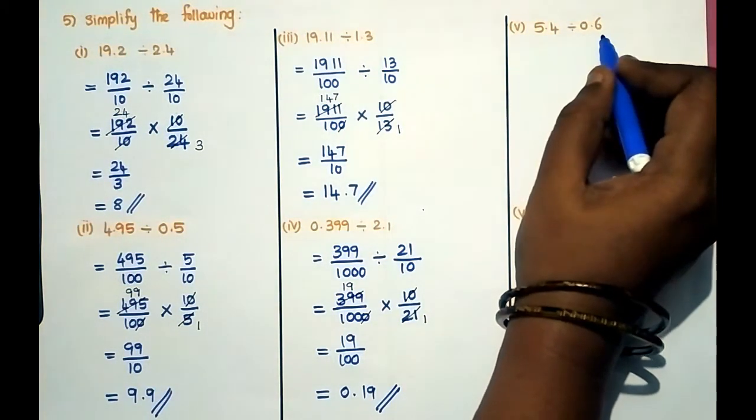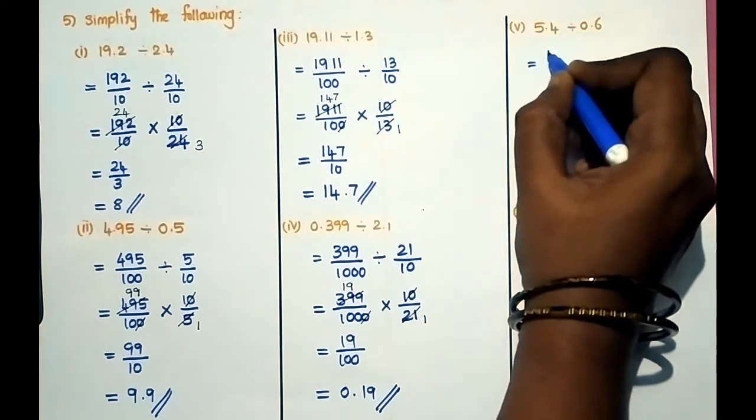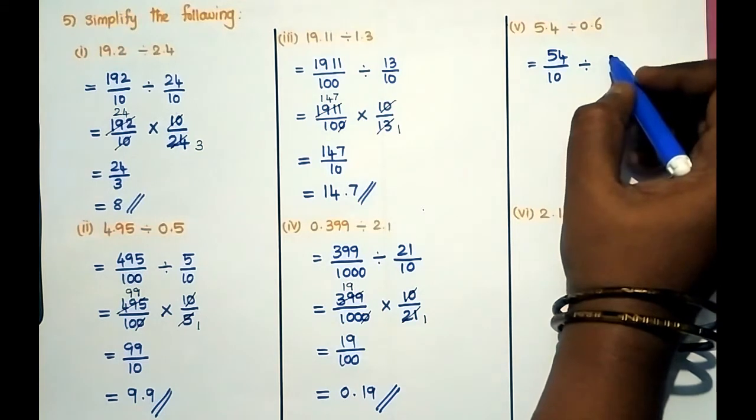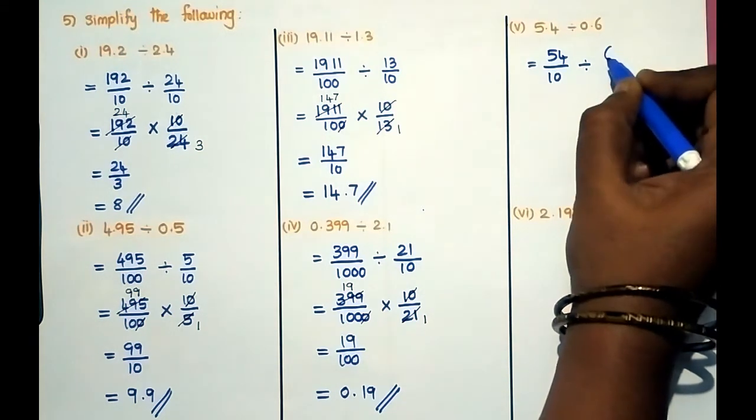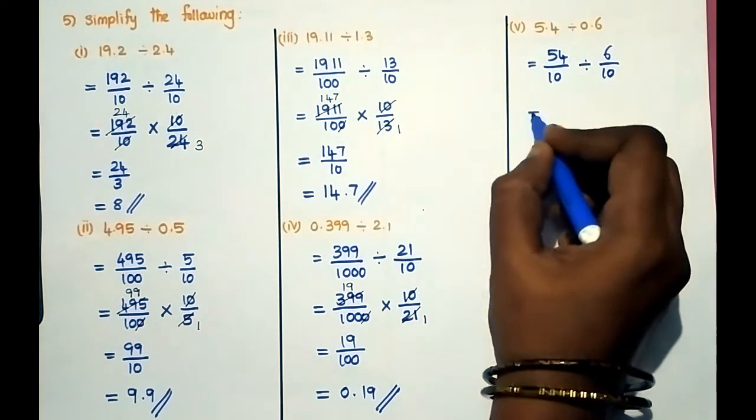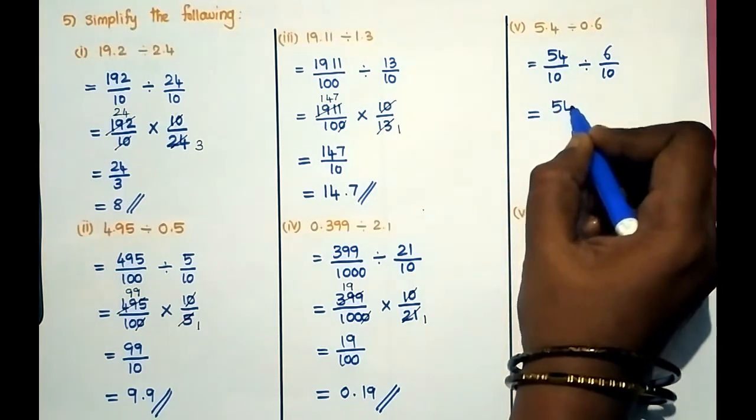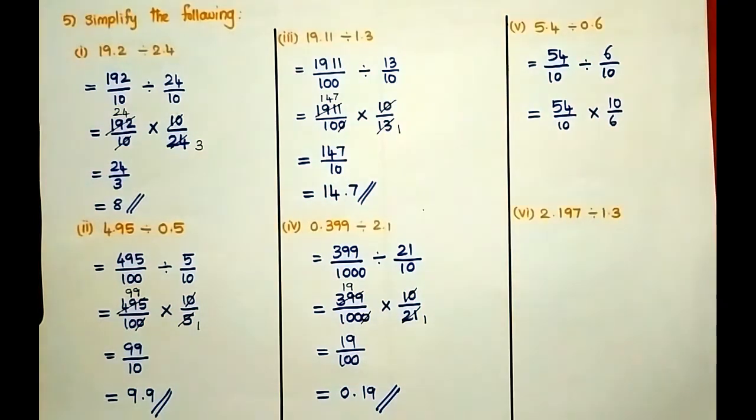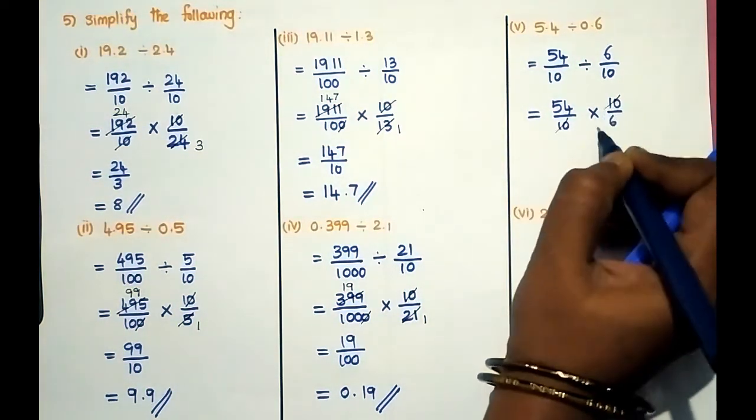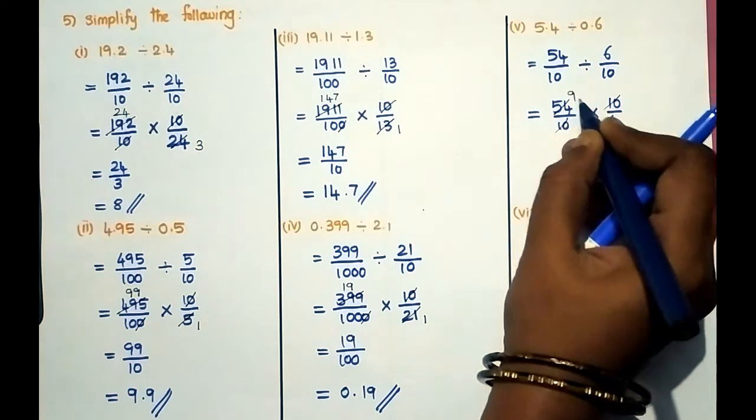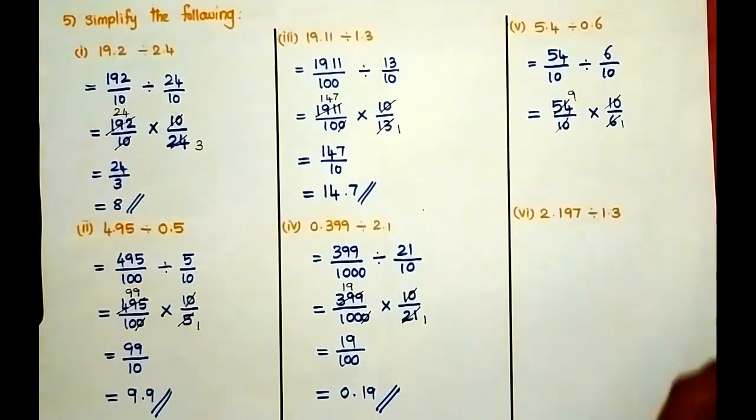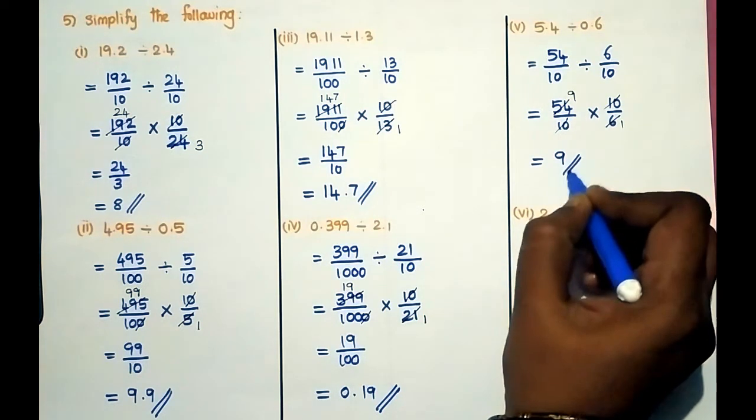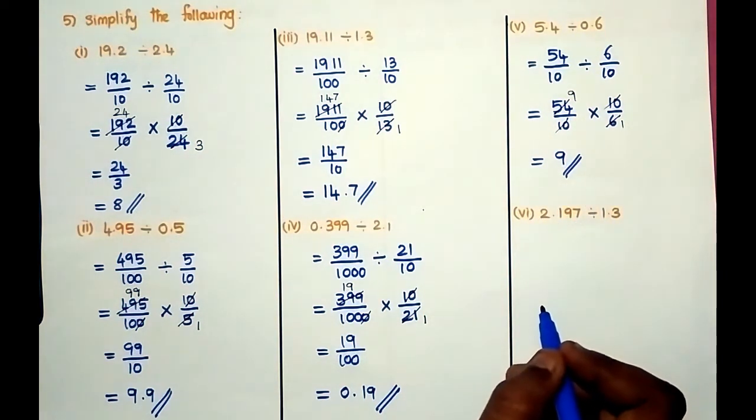Next one, 5.4 divided by 0.6. So 54 divided by 10 and divided by 6 by 10. Now listen, 54 by 10 into 10 by 6. So 10 get cancelled. 6 9s are 54. So 9 is the answer here. Next one,